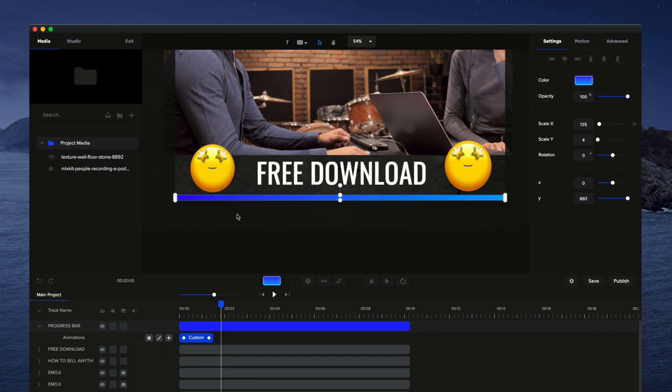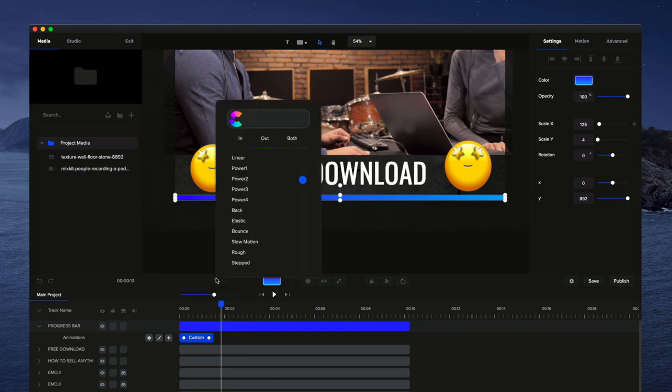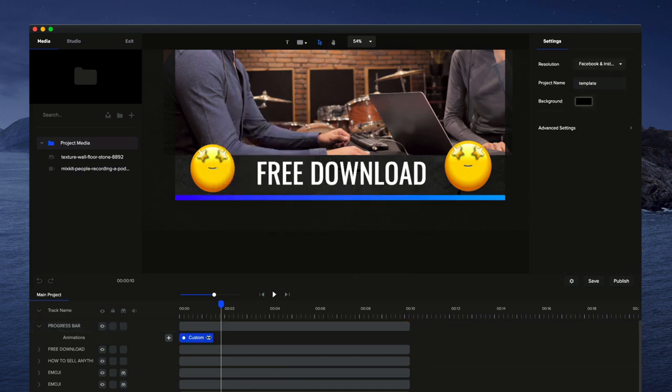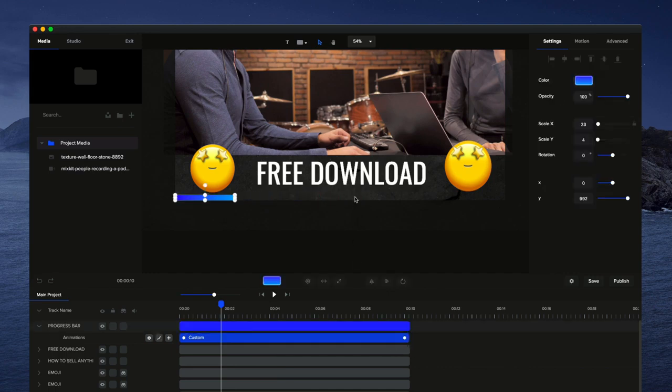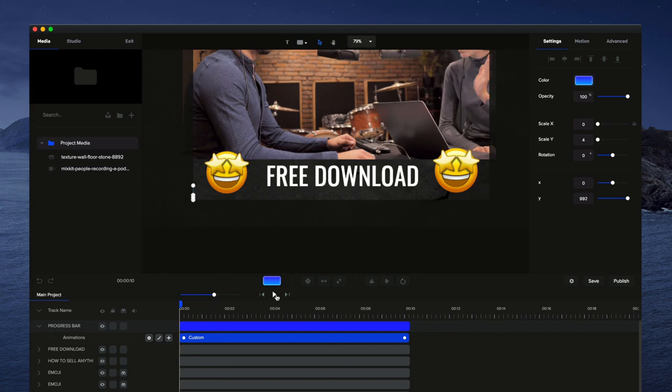Cool, so we've got the animation now. So what we're going to do is adjust the duration and the easing. If I right click on this animation and go to easing, we want to make sure that it's selected to both and linear, so that it just goes in one fluid motion. So there's no fast burst and then slow and fast, but we want it to go at one constant speed. Okay, so linear does that, and you want to set it on both the in animation and the out animation. And then all you need to do is drag this out to the duration of your video. And if I just go ahead and preview from the start,